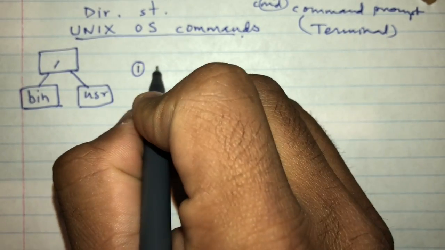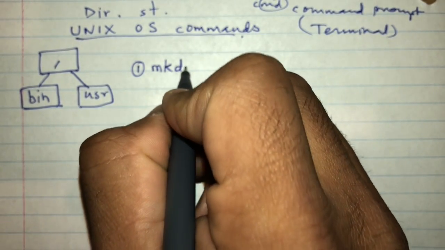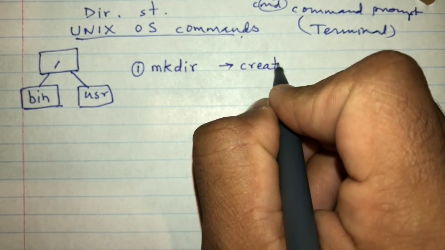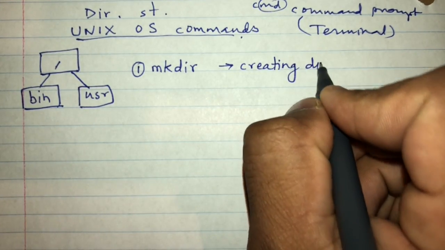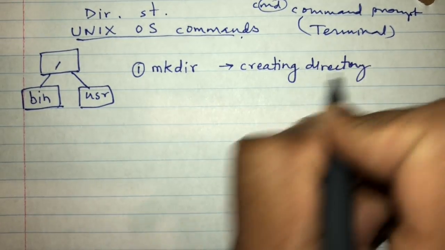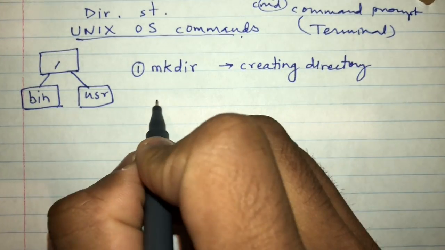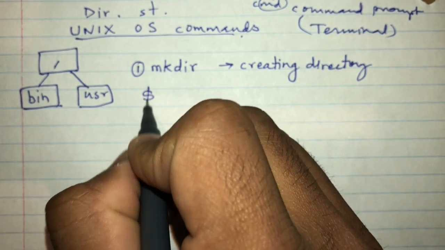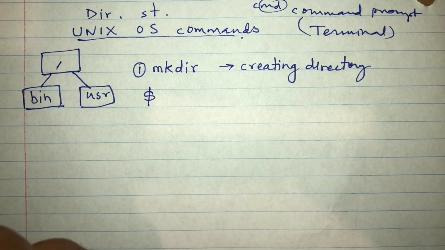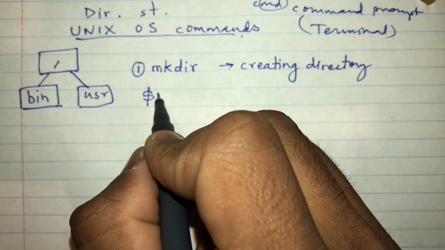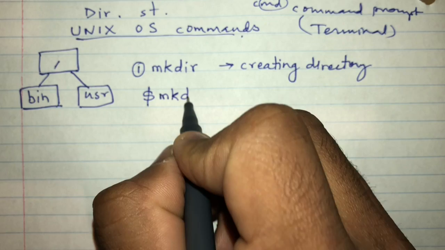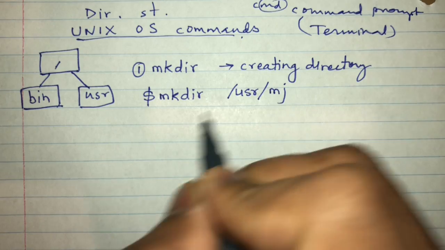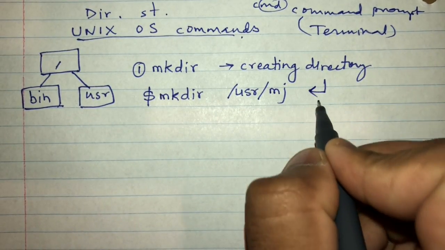So the first command is mkdir, which is used for creating a directory. It stands for make directory. So you can create a directory with mkdir. So let's say if I run a command like this, I am going to give dollar symbol because that's the symbol we see on the terminal window. So let's say if I run mkdir slash usr slash mj, and if I hit enter,